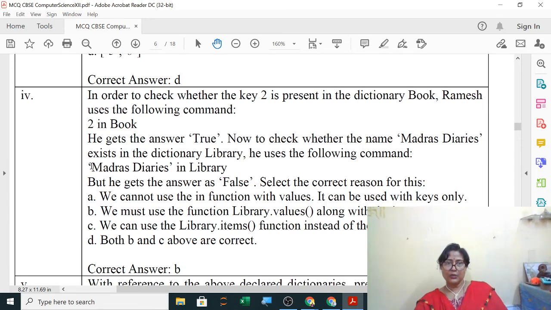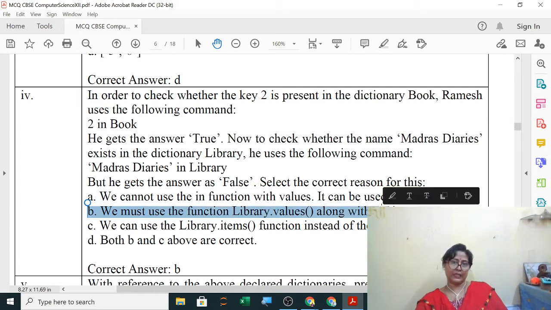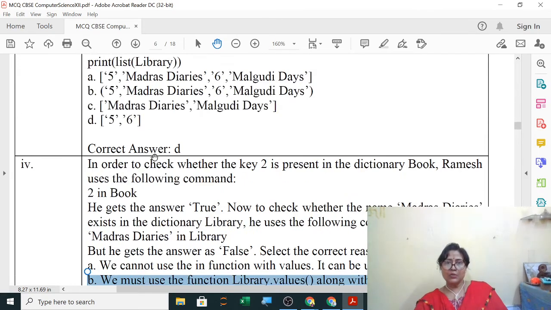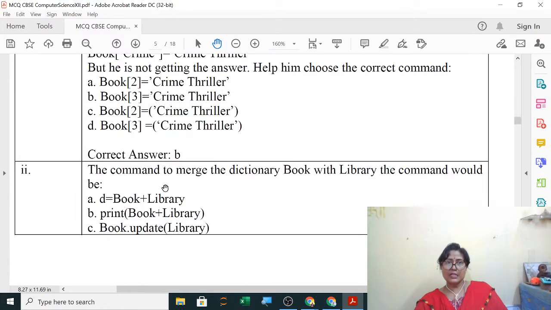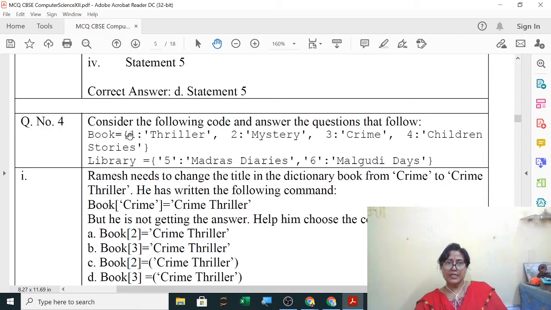Yes, so here you can see Madras Diaries in library, it will be .values(). Where it is written .values(), the second one, this will be the correct answer. We must use the function library.values() along with the in operator. Whatever is displayed on the left-hand side before the colon is your key, and after the colon is your value.